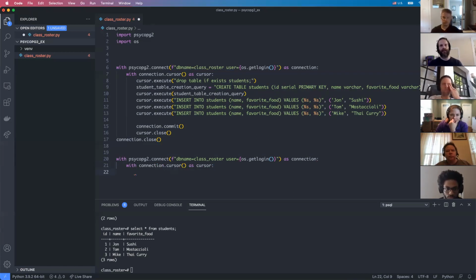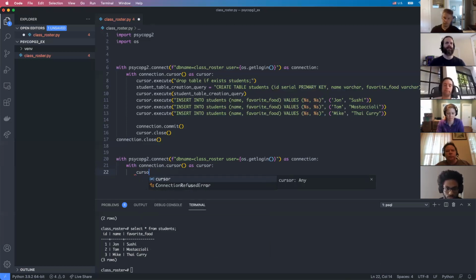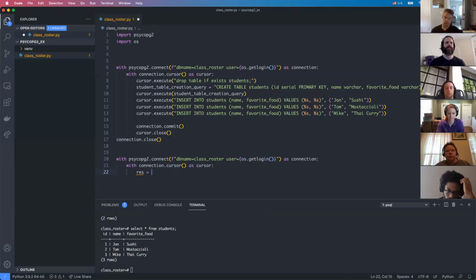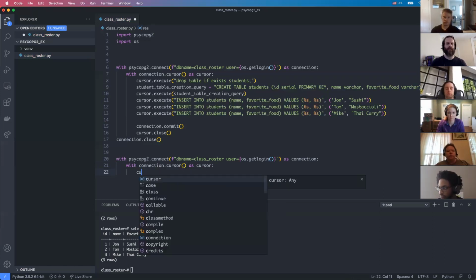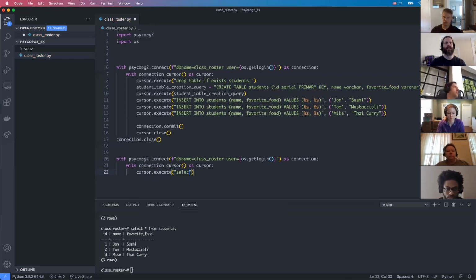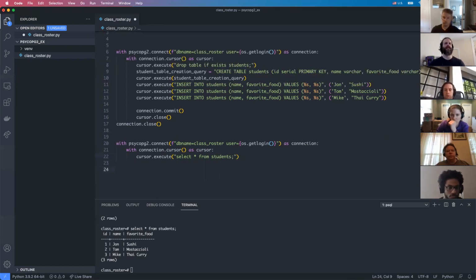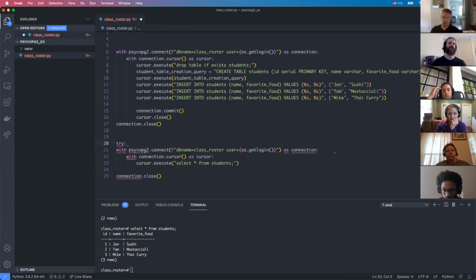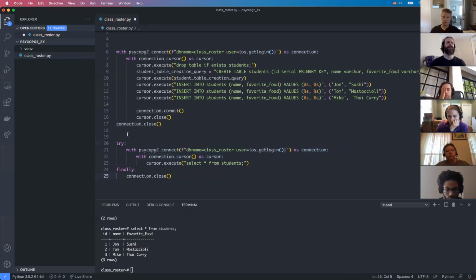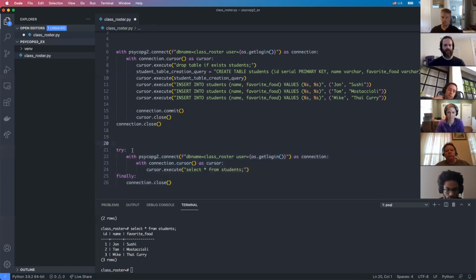Then we'll execute. So let's just execute a query. We'll get everything. Actually, it will stay on the cursor. Never mind. Select star from. Okay, so we can run this. Let's try running that. So ideally, we should wrap it in this try. So ideally, your code should look something like that. So we can run the file,